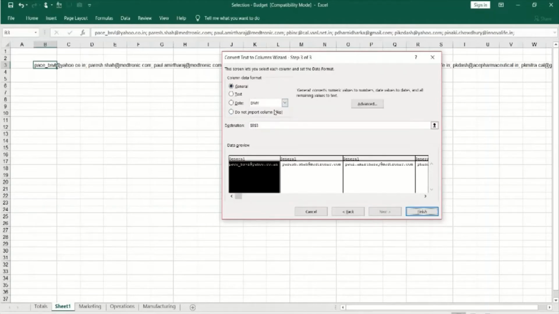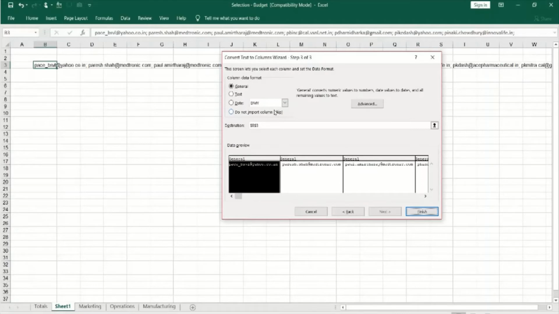Generally you can even format it. Sometimes when you get a text file, all the data comes as a text format, but you want to format that as a date. If you work with CSV files, comma separated value files, many of the software applications will export the reports in CSV files.